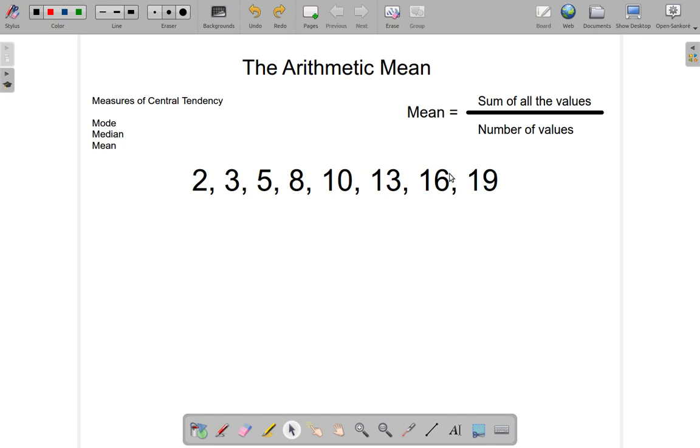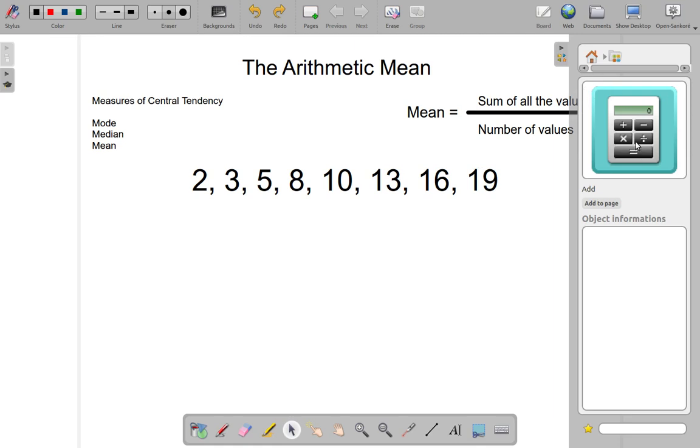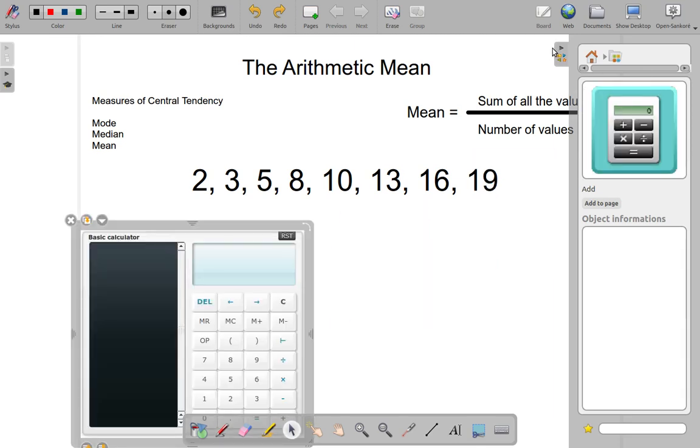Can you do that? Just pause the video and calculate the mean of these numbers for me quickly. Do that. Alright, we're back. So, what did you get for it? Let's look at it. I want a calculator. Alright, I have my calculator here,